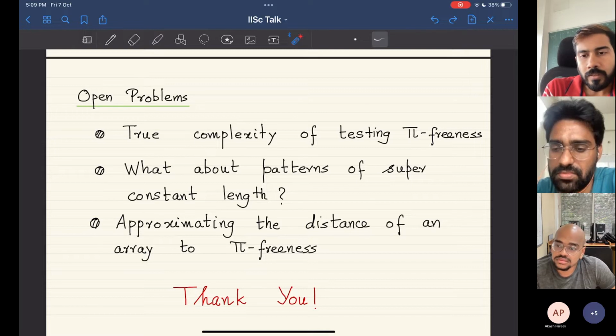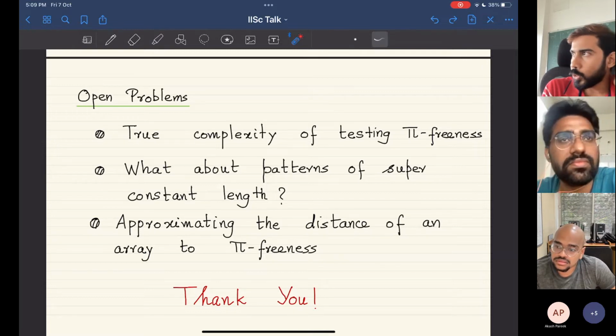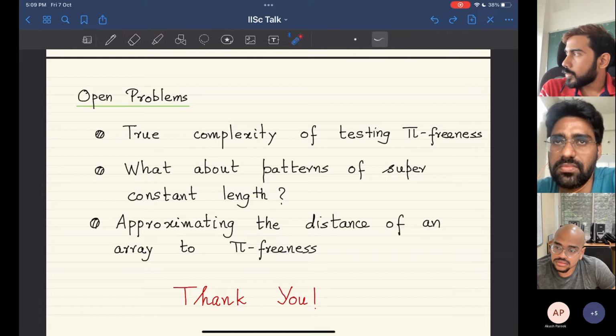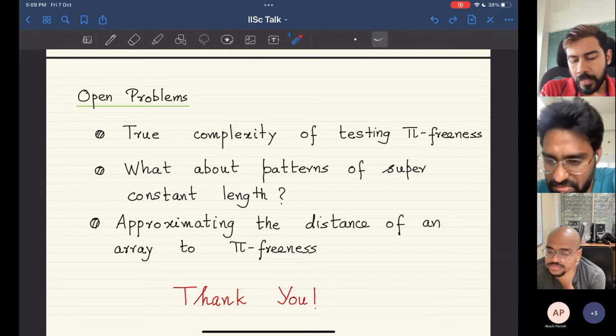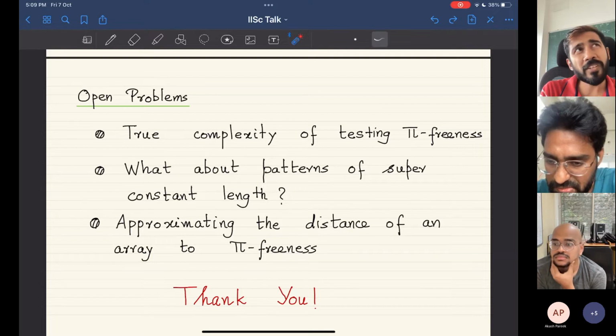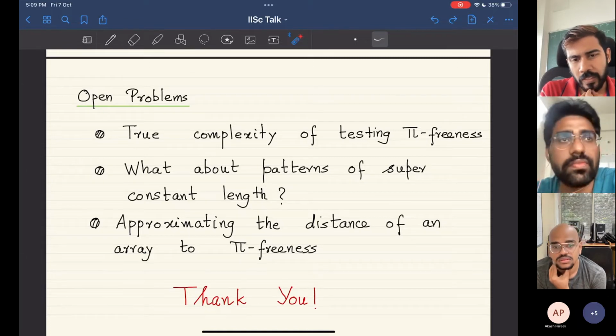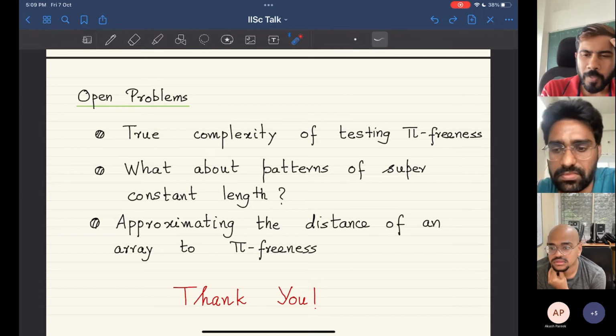It's an interesting question actually, and they show that for Lp distances, you can get a 1 over epsilon to the power p query tester for sortedness or monotonicity, I think. That paper is worth looking at,